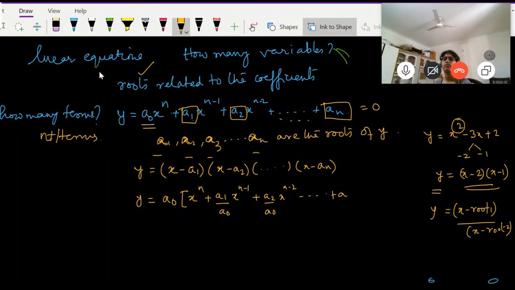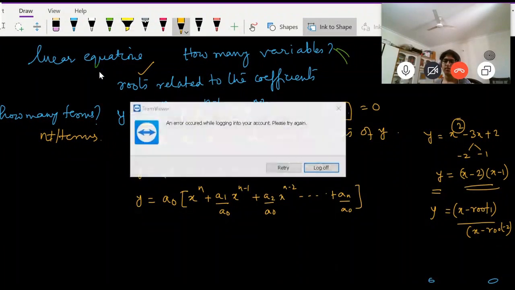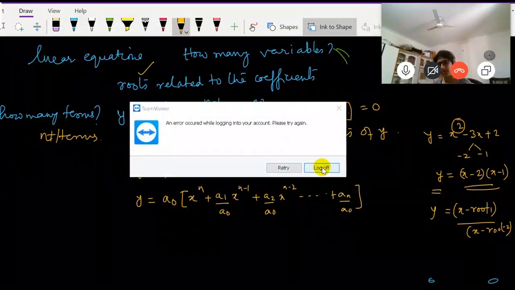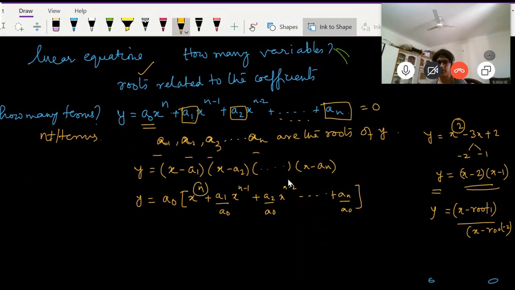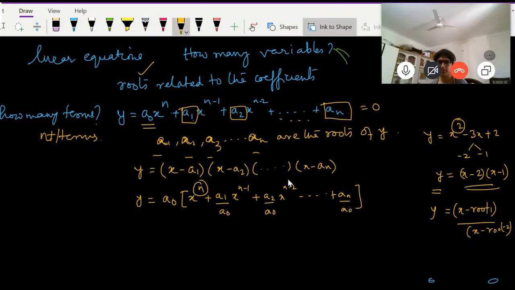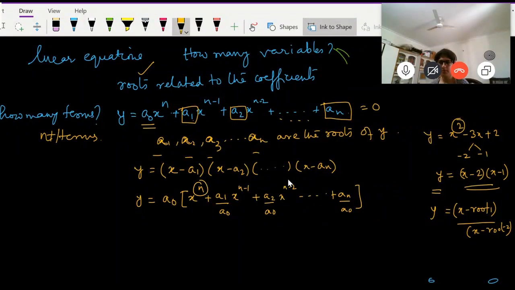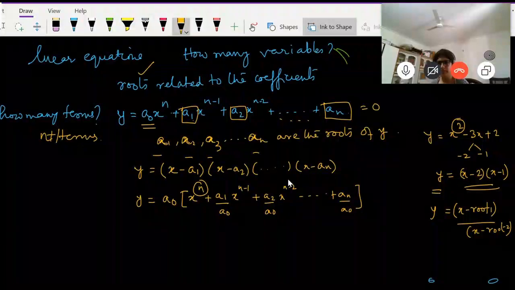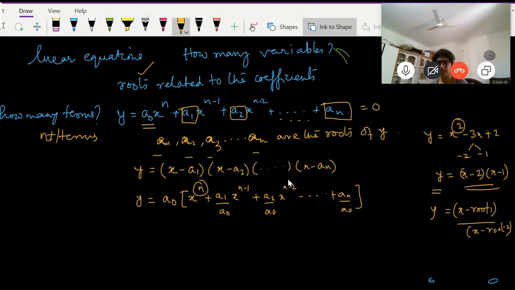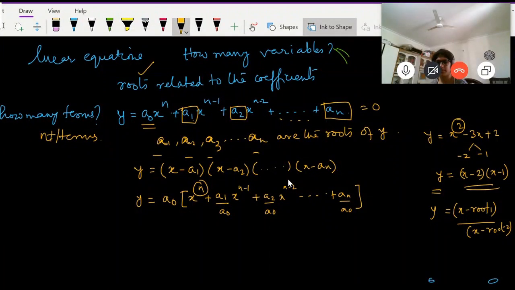And the last term will be an by a0, right? Now, if I do this, then I can clearly see that there are n roots because x is to the power of n, right? Okay. So therefore,